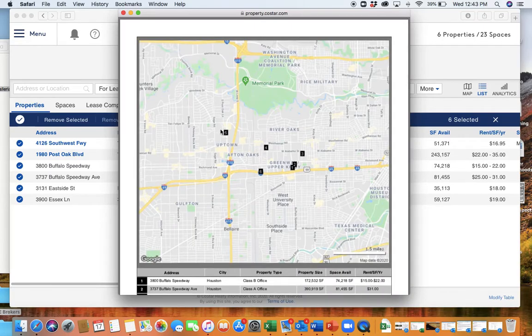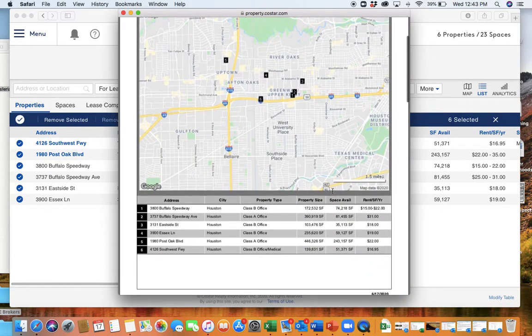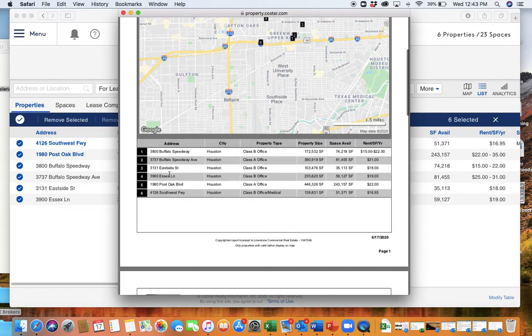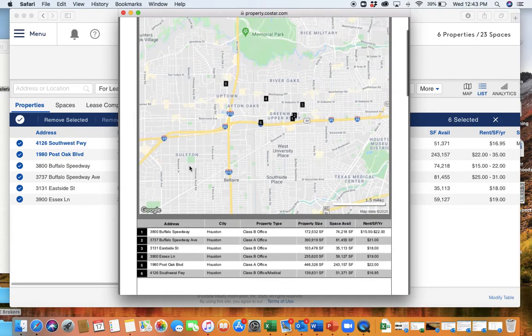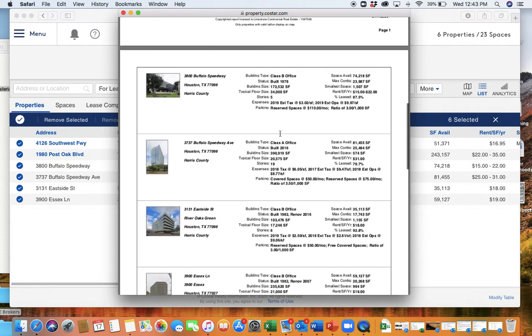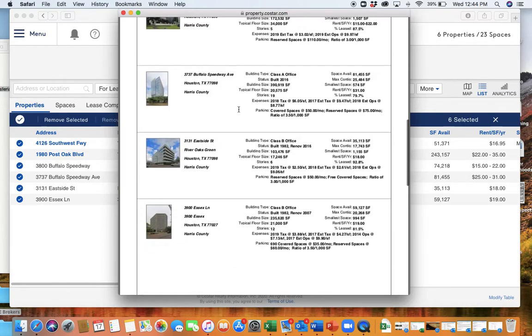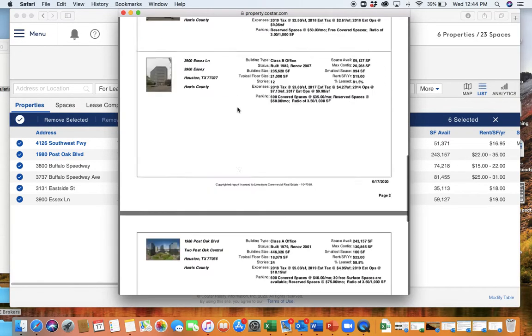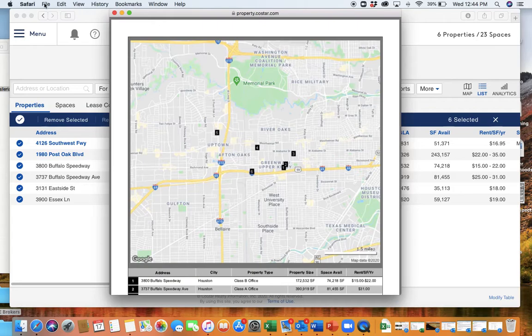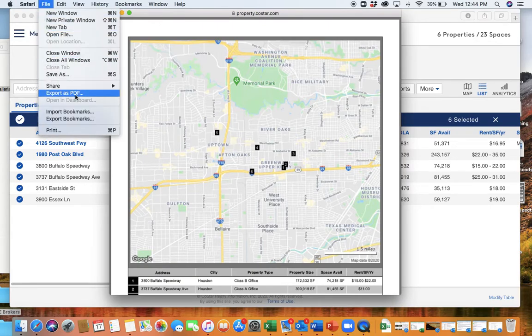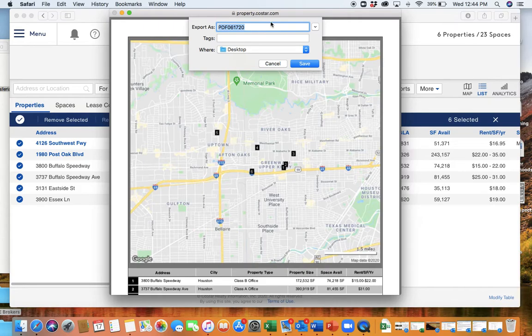All right, awesome. So here's your report. Like I said, you'll probably have a lot more options than what I just did, but sometimes you don't. This is really convenient because it shows the Galleria and Greenway are options, and then we scroll down for a little bit more information. This is really helpful. You never know what your client's going to ask, so it's nice for them to be able to have this. And all right, so then we're going to save, export as PDF,